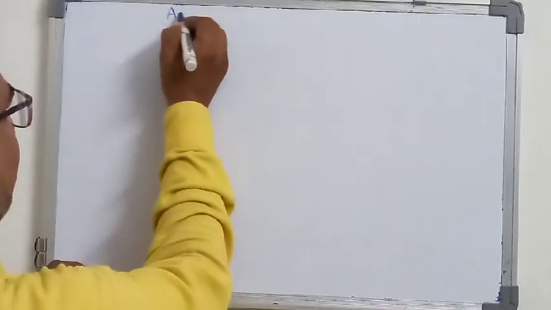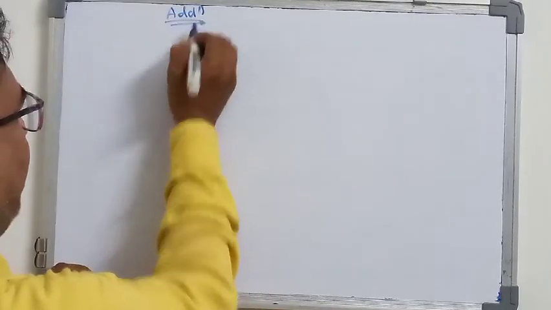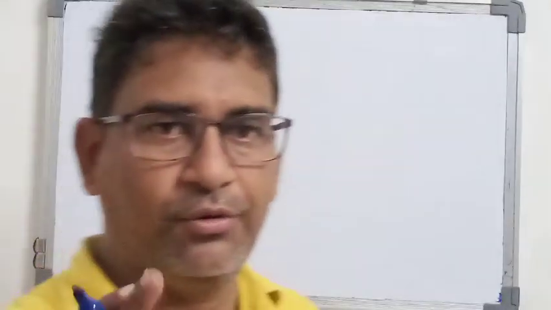Hello students, now we are going to start the programs of 8085. The very first program in this topic is addition. First, from the simple program we will go to the harder programs. The first program is addition. You have to add two numbers in such a way that the result is displayed in the accumulator, or stored at whatever address you assign.